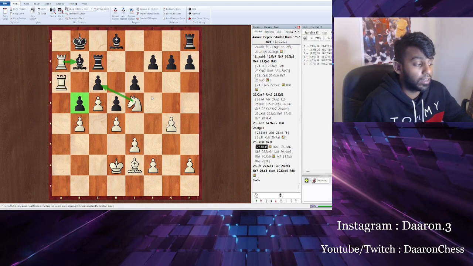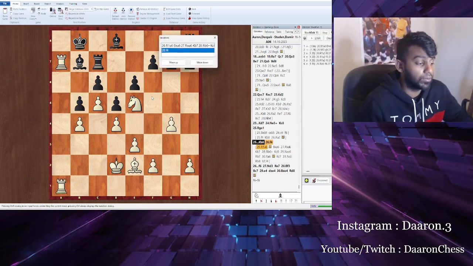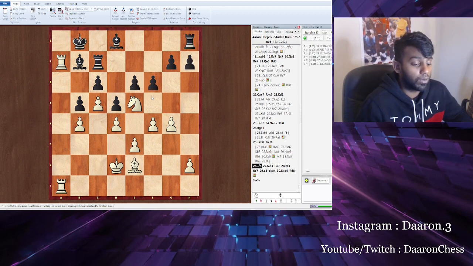And this is what's really important about analyzing your games. Next time you're in similar positions, you're going to have this almost intuition or sixth sense, like, okay, I have these types of ideas because I've been here before, and I think that is what I take away from these games. But basically, I went f4, f6, knight d3, rook e7, and here he offered a draw, and I